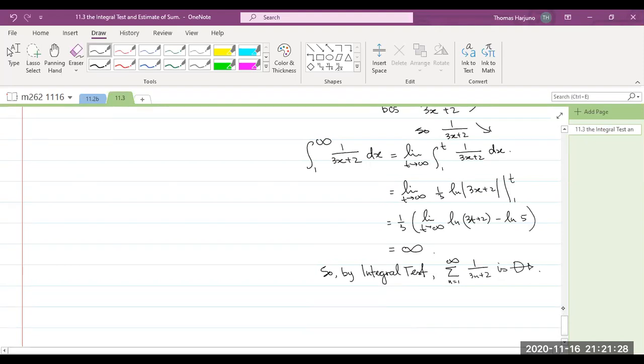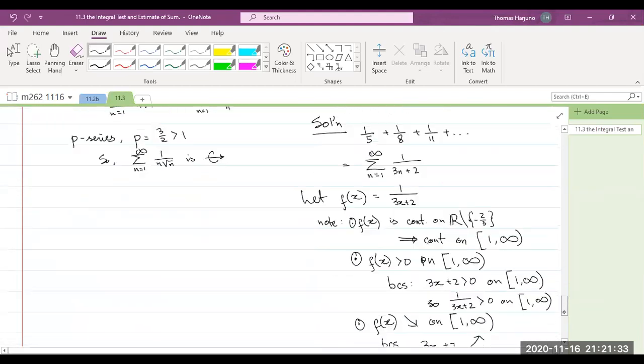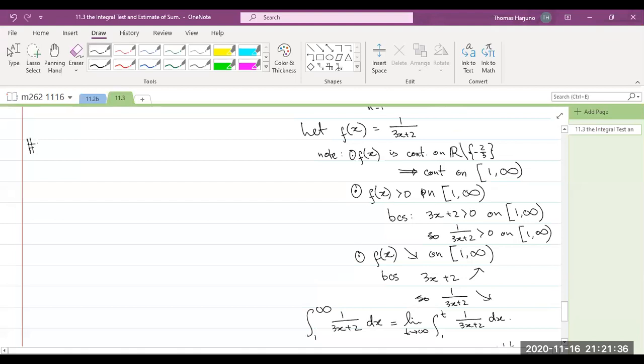By the way, that's only one way to do it though. That's one way. Number 14, right? Let me show you another way to do it. This series here, I summarize it right away. That's 3n plus 2, right? Notice that it is linear on the denominator. Okay. I want to do comparison test. I want to bound it below. Notice that, maybe I do it this way. This is the same as,